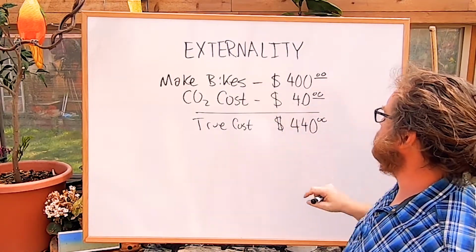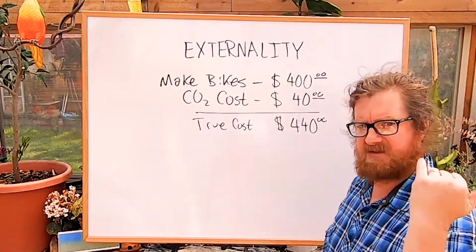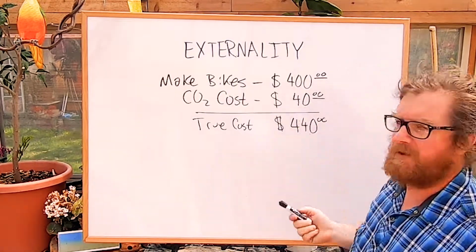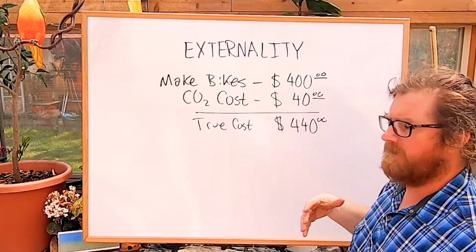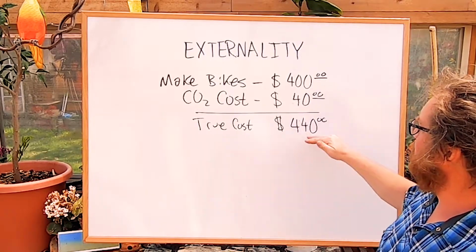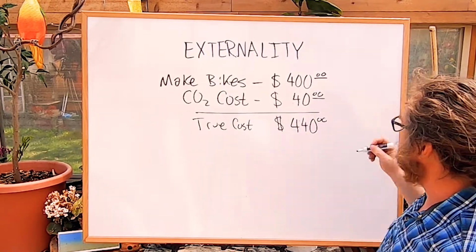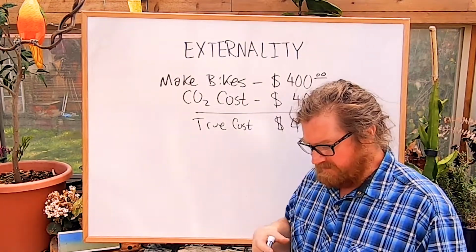The CO2 damage that we've determined is $40 per ton. I think I actually misspoke in the previous example, so I'm just going to go ahead and use 40. The numbers aren't so important. We're going to talk about the concept. So the true cost of the bike is actually 440, but this 40 is an externality, meaning that's CO2 that